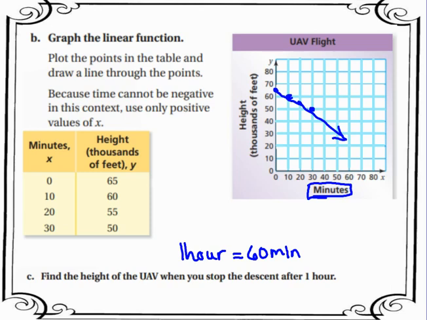So if our chart here is going down a half every, my line isn't very good here. Every 10 minutes it goes down by a half. So here we see at 60 minutes it would be right here at 35,000